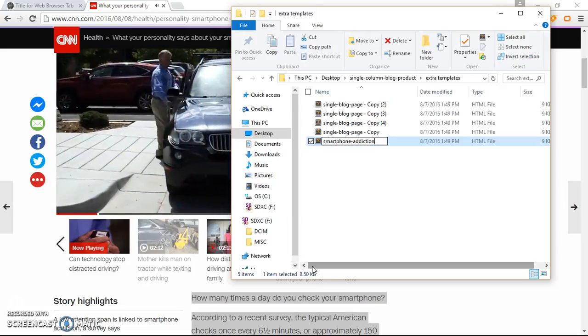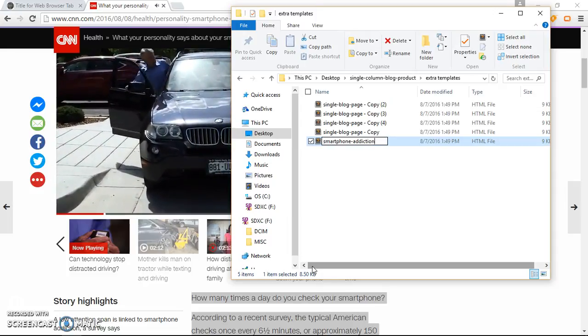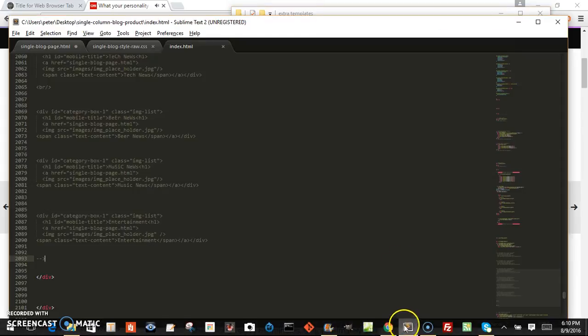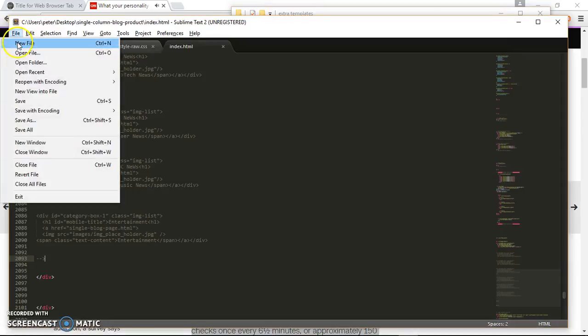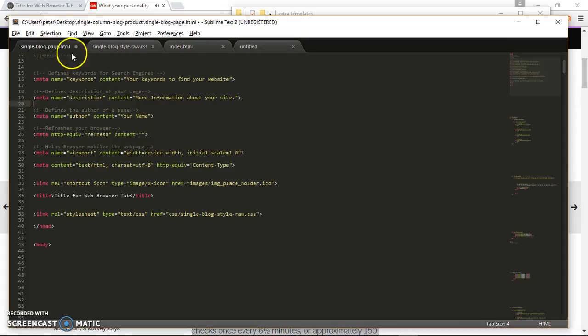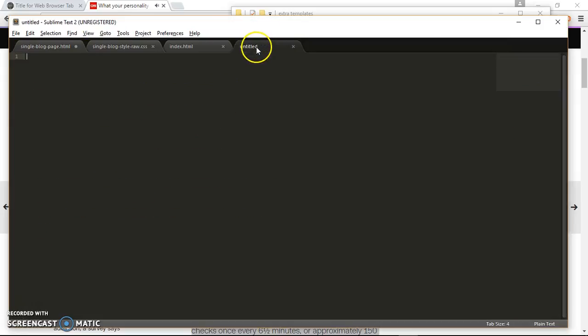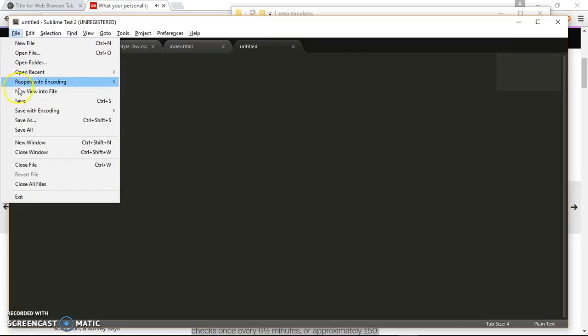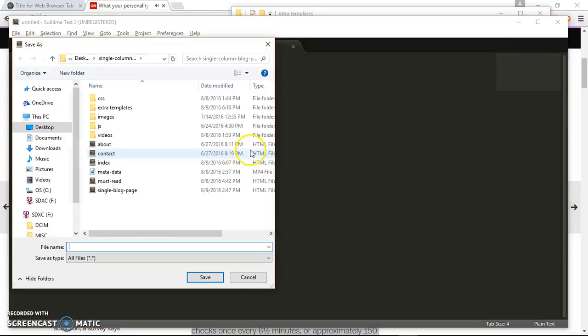Now, when you first say you're in your text editor and you just put file new, obviously it's going to be blank, but you can do it this way too and just copy and paste all this into your new one and then save it as what you want to save it as. But when you save as, you want to make sure you add the extension. So if I put smartphone addiction,